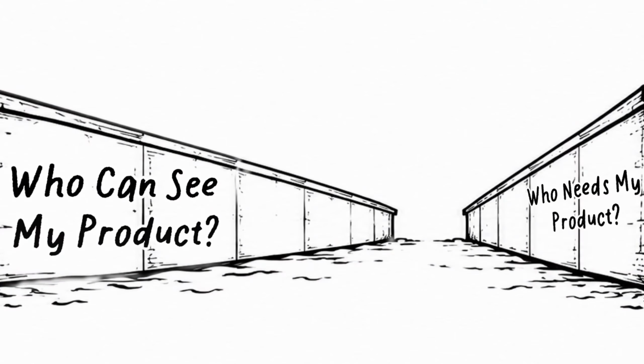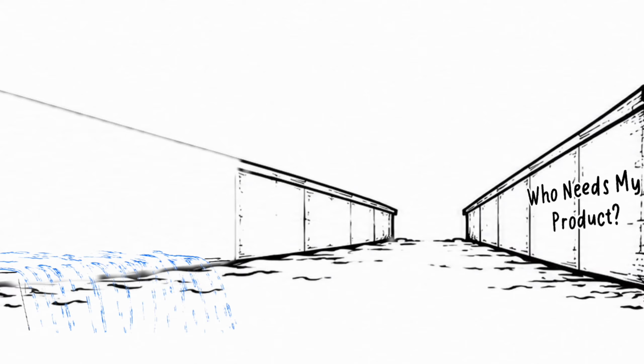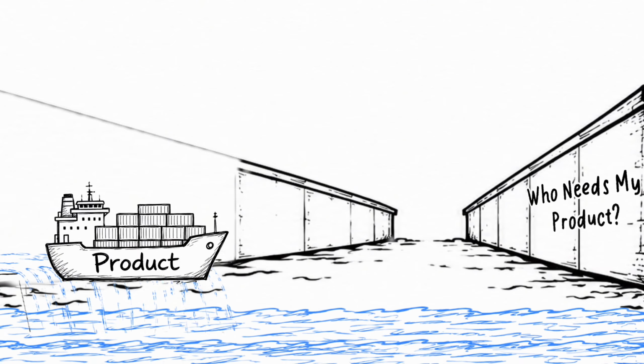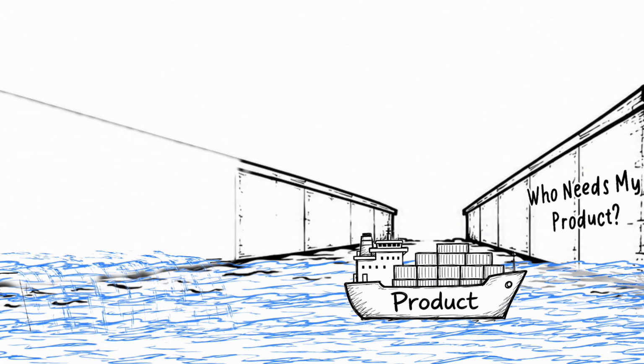So first, who can see your product? We do need to ask ourselves, where can we get found, or where should we get found with our product? The very first place that you might want to go to sell your vibe-coded product is probably in a Facebook group going Vibe Coders Anonymous or Claude Coders Worldwide, and you're making a Facebook post that says, hey guys, I just spent dozens of hours making this new CRM for vibe coders who are looking to make a CRM for vibe coders. Who knows, right?